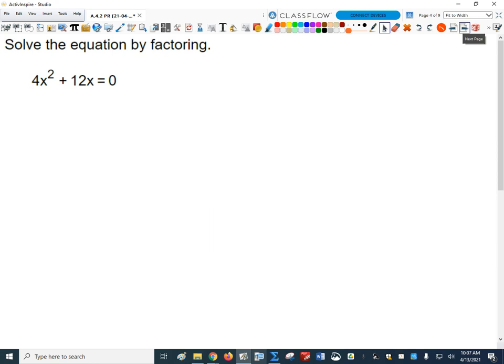So what about this one? Right now, we can't just see the answers. We got to break it apart into a product of smaller factors. How can we factor this? What would we do? Okay, good. We could undistribute a 4x. There's a greatest common factor, isn't there? So we get 4x is my GCF times